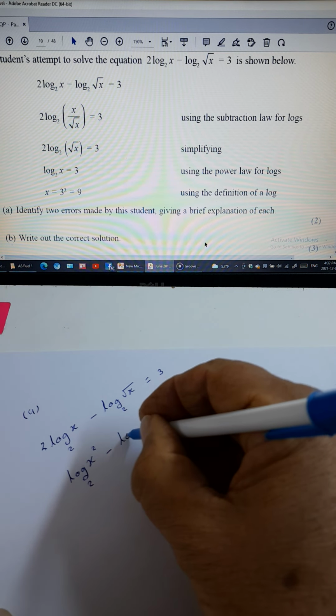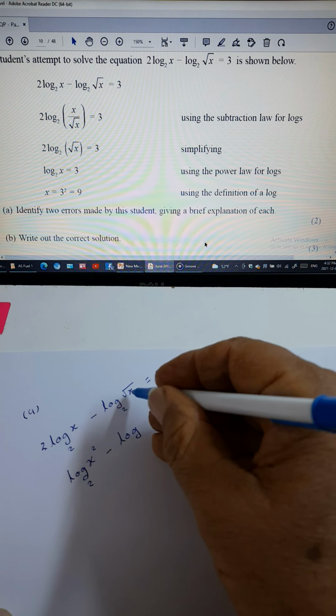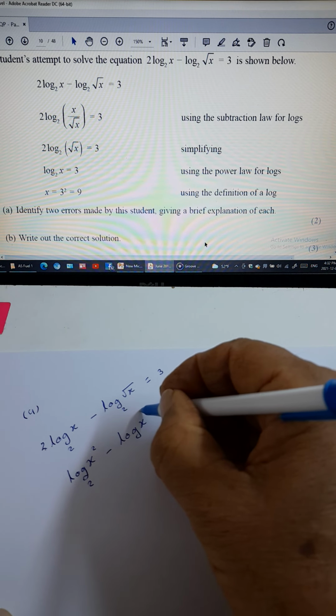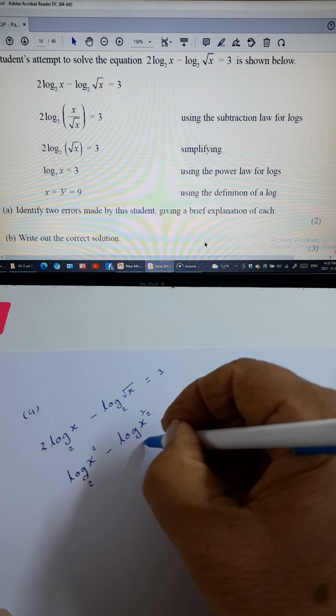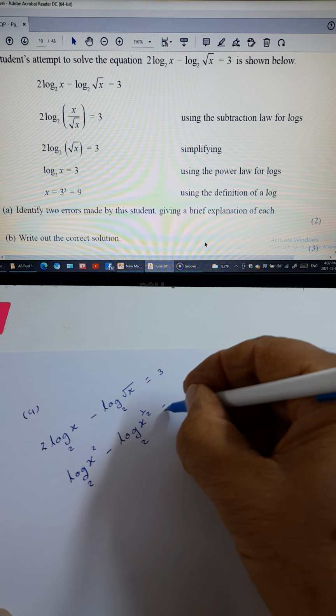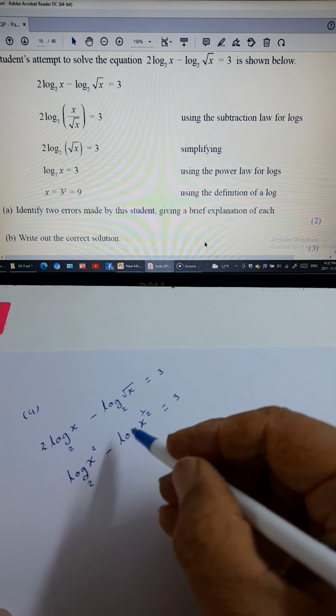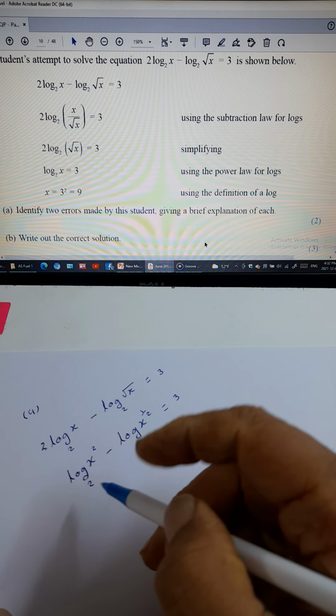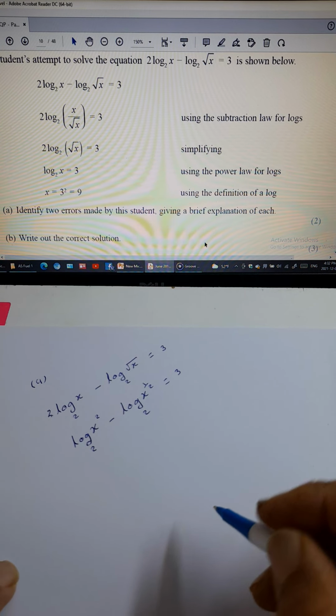Minus log root x, and root x is x to power half, equals 3. Now these 2 logs can be written as a single log